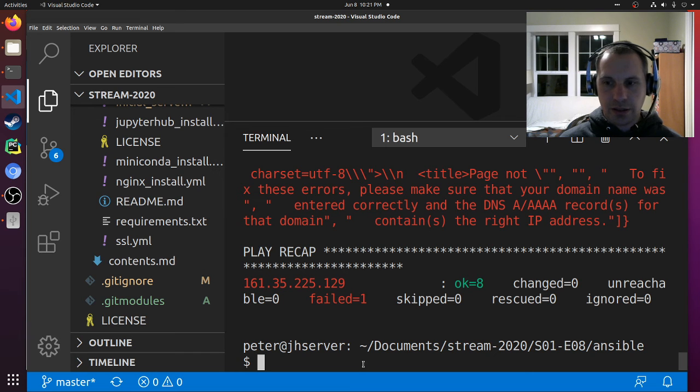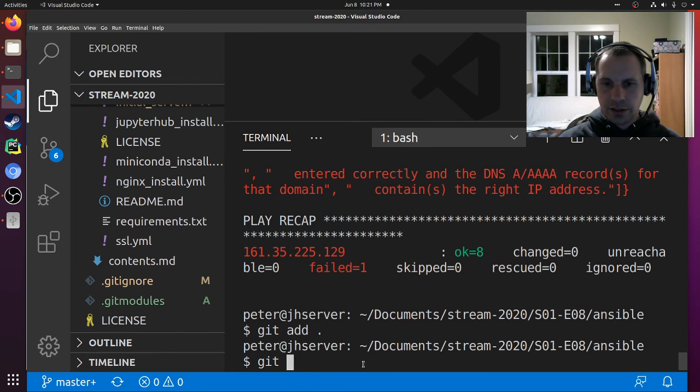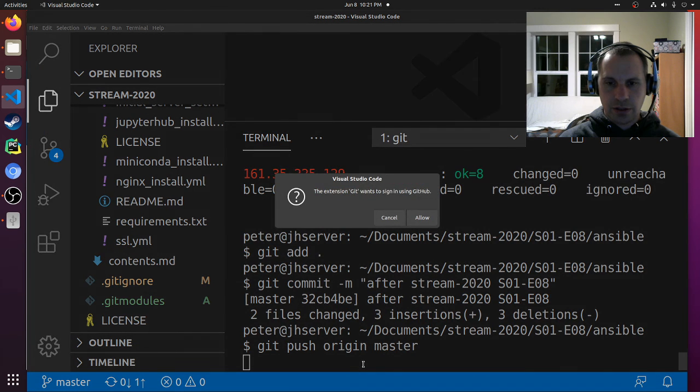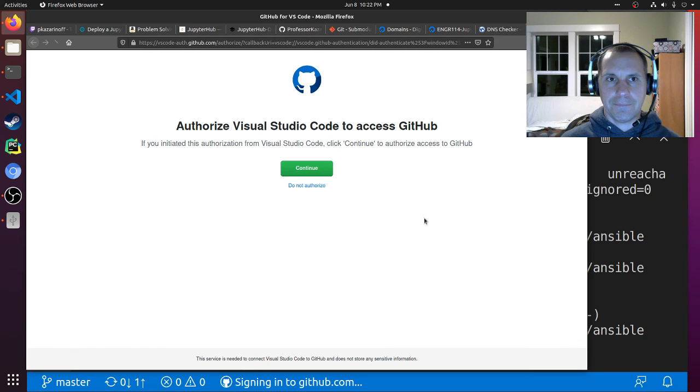And then let's see about doing git add ., git commit -m "after stream 2020 season 01 episode 08", then git push origin master, and then we'll say allow, continue,